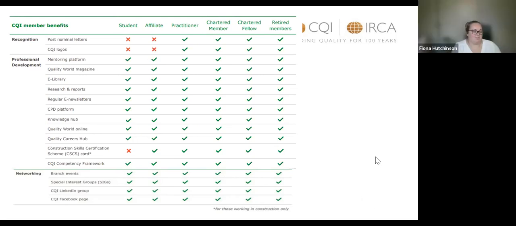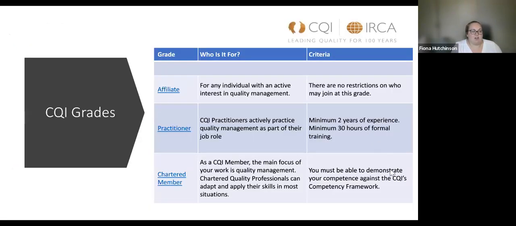Perfect, great. So remember, put in your questions at any time. So if you have any questions about any of the benefits, please pop them in. I'm just going to go over the grades quickly, and then I'm going to ask you which grades you are more interested in, so that we can tailor this webinar to the grades that you're looking at.